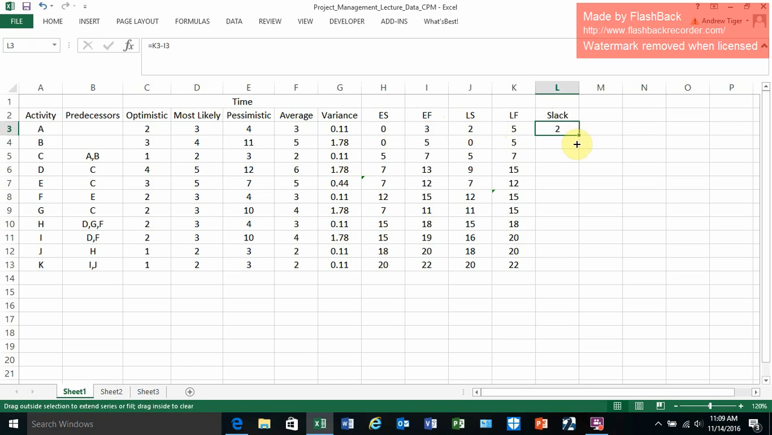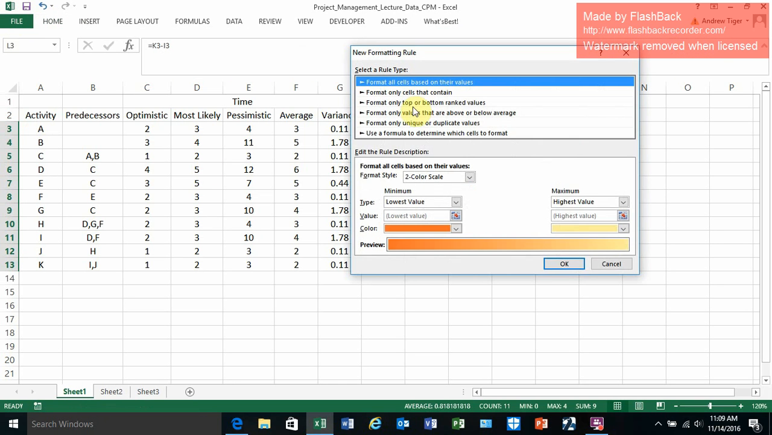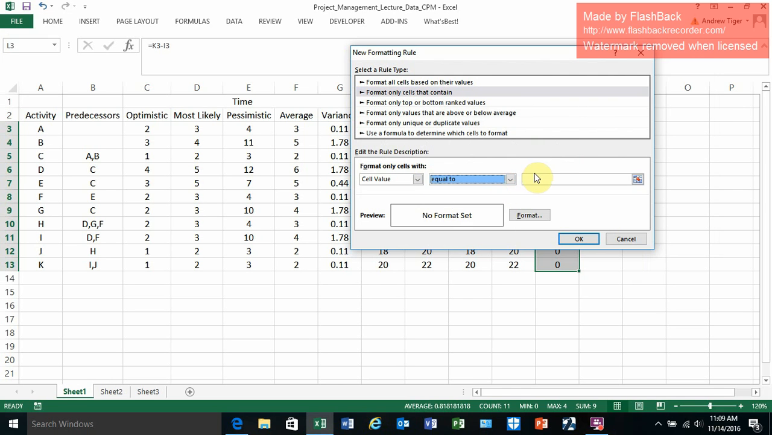Or it could be the latest start minus the earliest start. It doesn't make any difference. You're going to get the same number. And if these numbers are 0, which I'm going to use conditional formatting to show that,